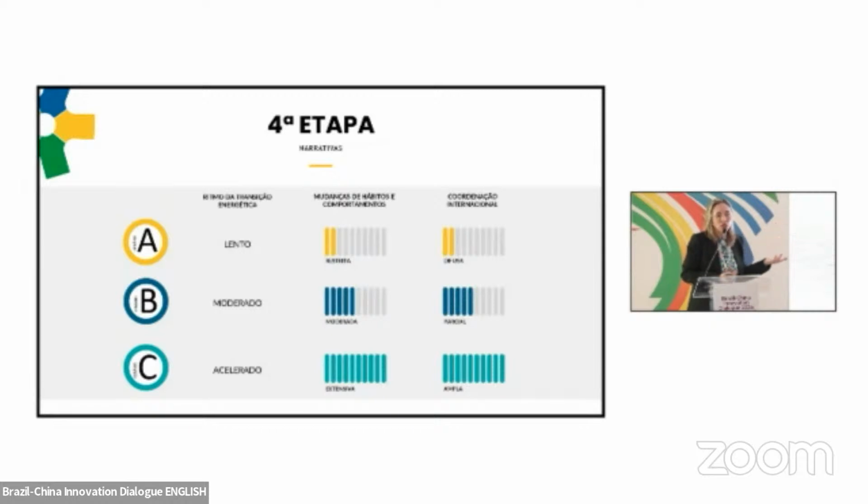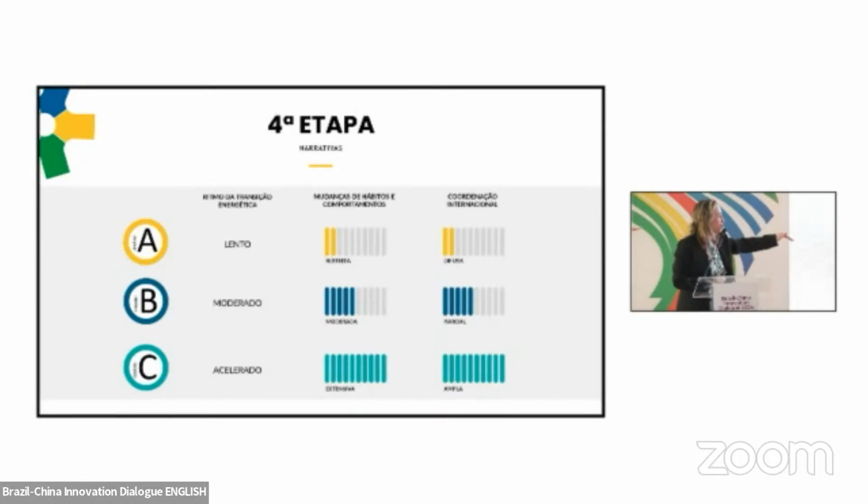We have a scenario that is a normative one. It is how would we get to net zero in 2050? What would the world and Brazil need to do in order to reach 2050 with zero emissions? Why do we have this scenario as normative? Because we don't have technology today that is sufficient, or sufficient resources or international commitments in order to reach net zero. So we have to go backwards when we calculate a net zero scenario with zero emissions in 2050.